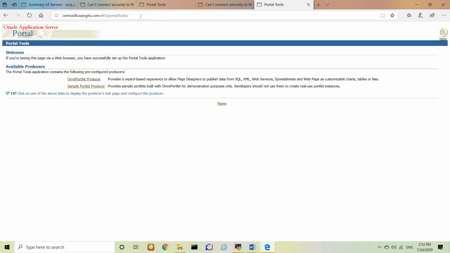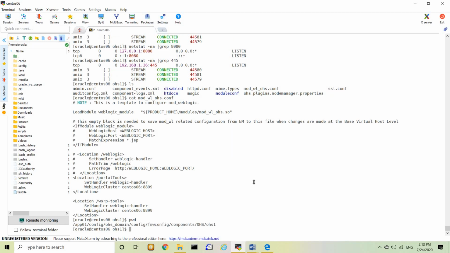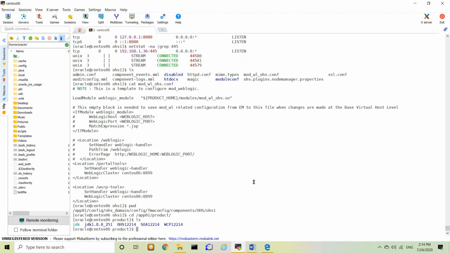Okay, so we can go to the reverse proxy, which reaches to the WebLogic. One thing we might need to know for the OHS: for any port lower than 1000, you need sudo root privilege. So if this is the first time your OHS is listening on port 443,